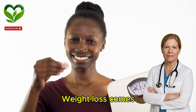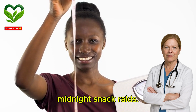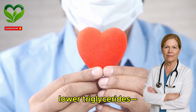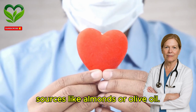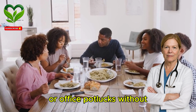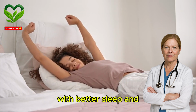Weight loss comes steadily, averaging 1 to 2 pounds per week, because the protein keeps you full, curbing those midnight snack raids. Heart health gets a boost too, with improved cholesterol profiles. Think higher good HDL and lower triglycerides thanks to the monounsaturated fats from sources like almonds or olive oil. And for those juggling busy schedules, Zone's inclusivity means you can adapt it to family dinners or office potlucks without feeling like an outsider. It's not just about shedding pounds, it's about feeling vibrant, with better sleep and sharper focus